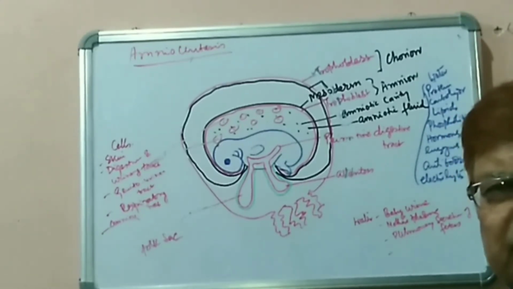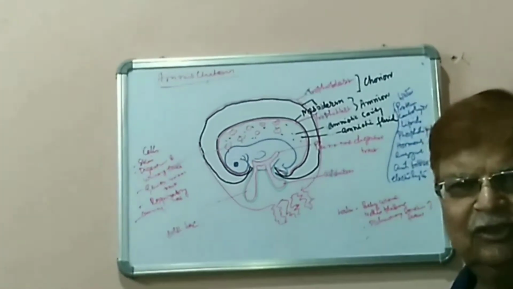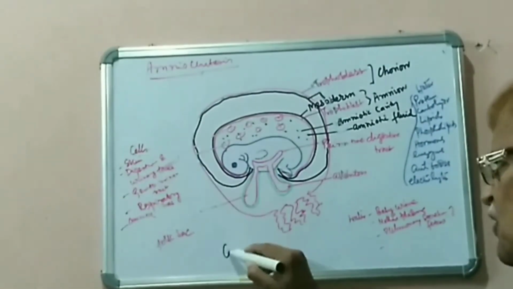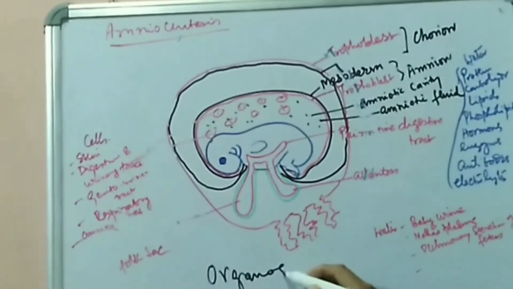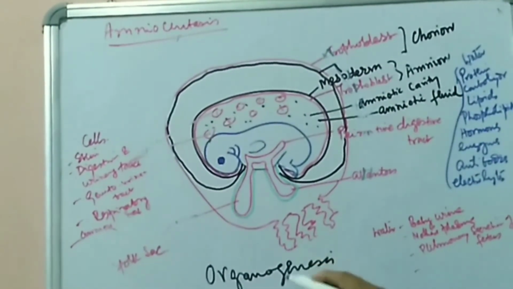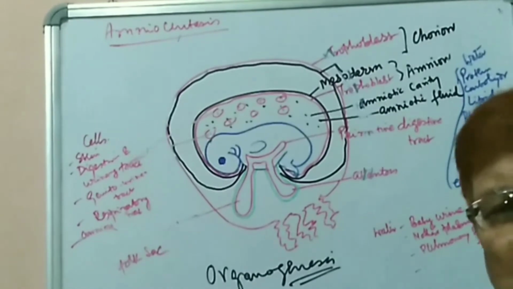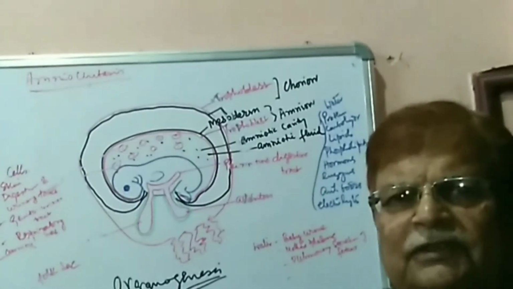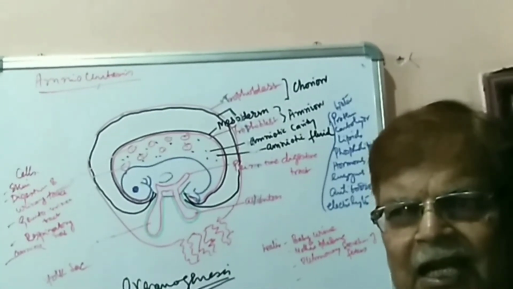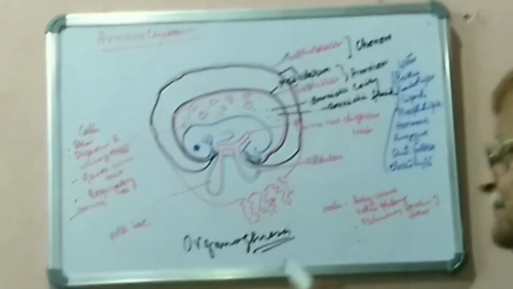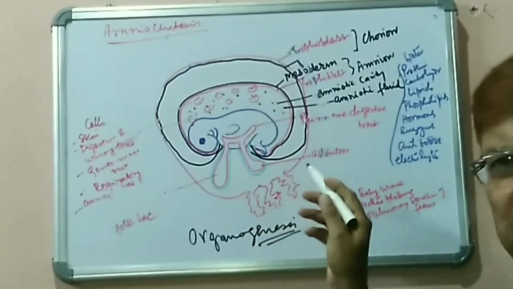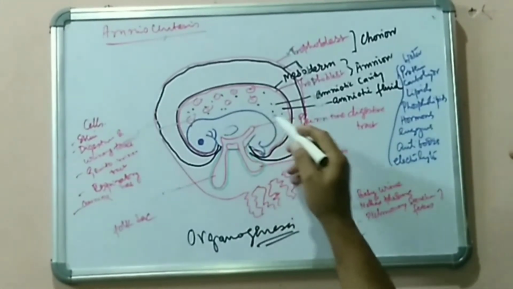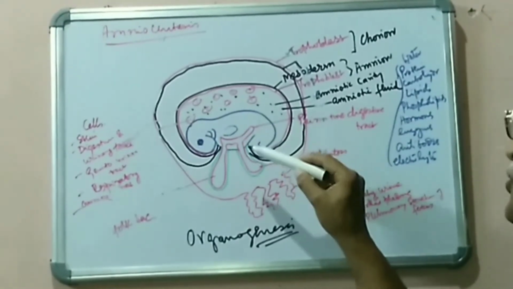It is only after the completion of the first trimester of pregnancy, that is in the first 3 months, that the process of organogenesis is completed. That means the organs are being developed, and almost completely developed by the end of the first trimester. Now, in the second trimester, if we observe the embryo under the ultrasound, now this fetus is there. Digestive tract, you see that.